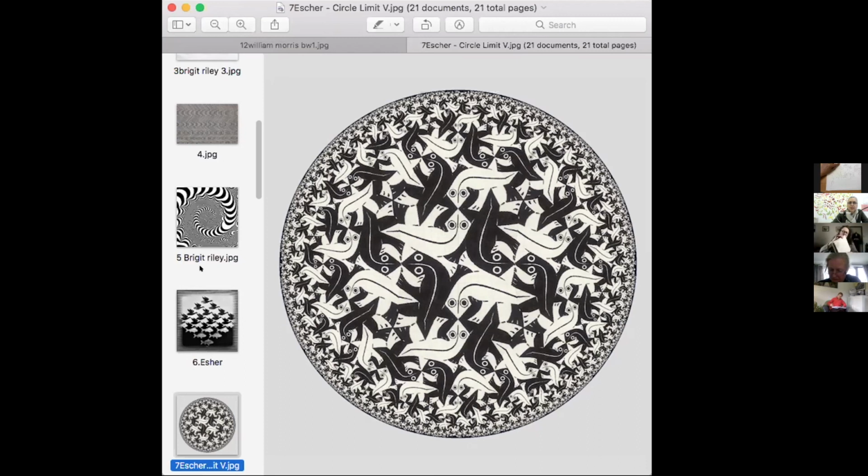These two images are by an artist called Escher, who used a shape and almost turned it around at different angles.